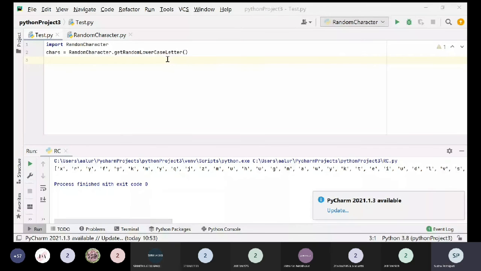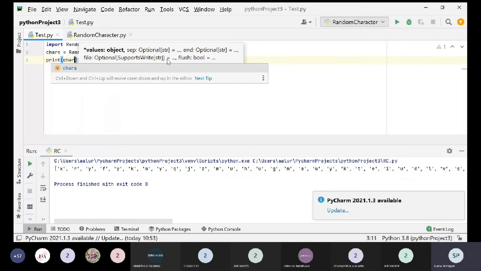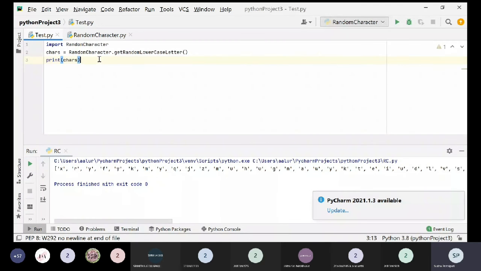Now I'll just print the characters and show it to you inside this test.py. I said print chars so that you will know what the characters are. And now we'll start writing our logic. To write our logic, I already told you that we need a list, and the name of the list will be counts. So counts is equal to an empty list. We'll process this chars, take each and every letter, count the number of occurrences and put it in the counts.